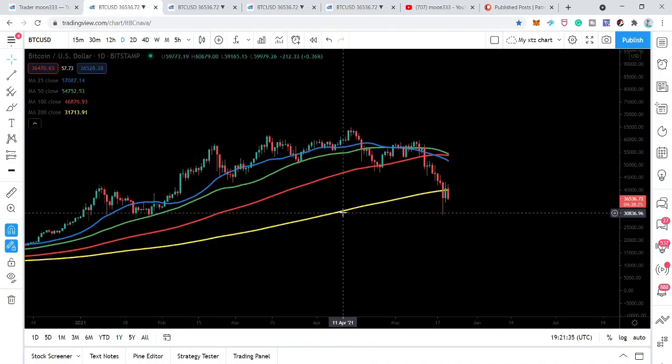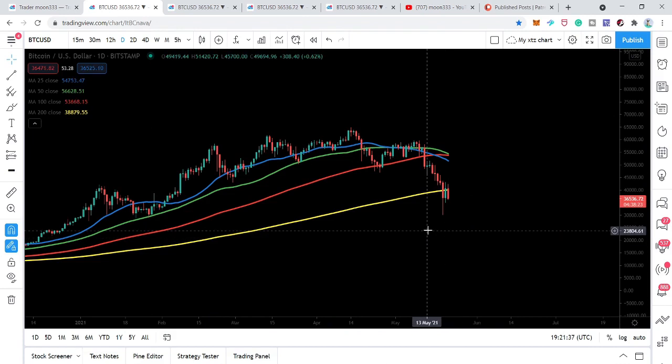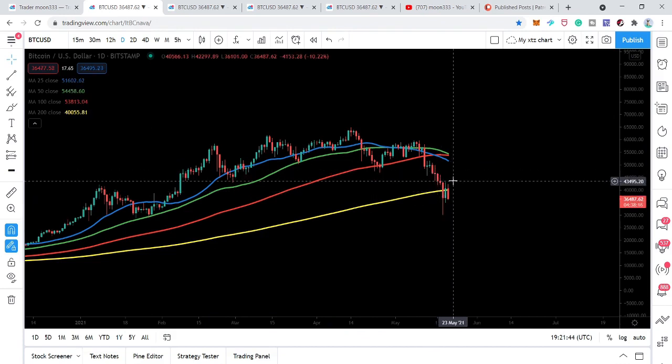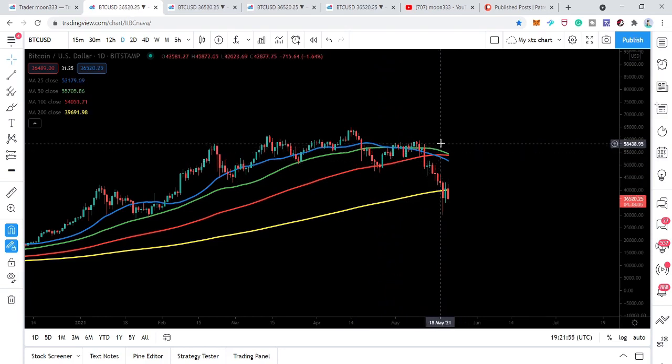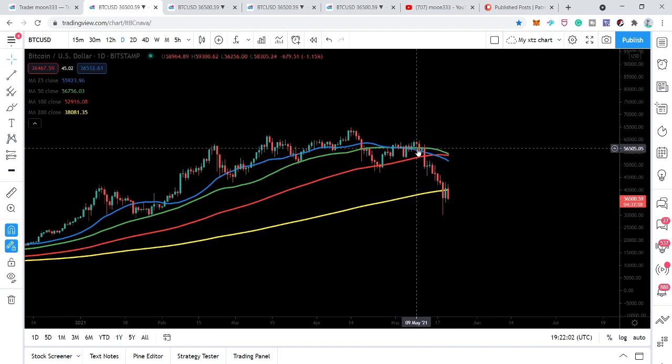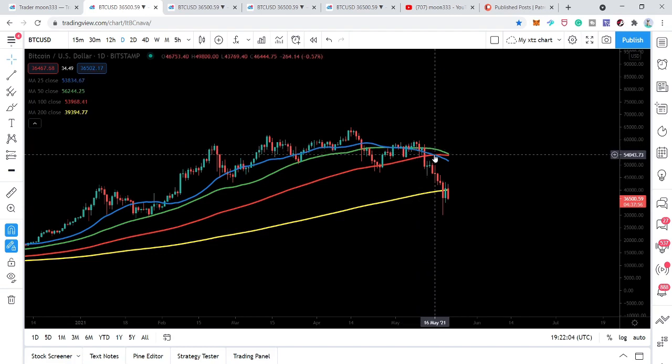Now, first of all, I want to show you this daily time frame chart. We can see that the price line is still moving at the 200 daily simple moving average, and we have a lot of bear crosses today. We can see that the 25 simple moving average already crossed the 50 simple moving average. Then today we are just expecting this death cross, a bear cross between the 50 and the 100 simple moving average as well. And the 25 simple moving average has also crossed down the 100 simple moving average.